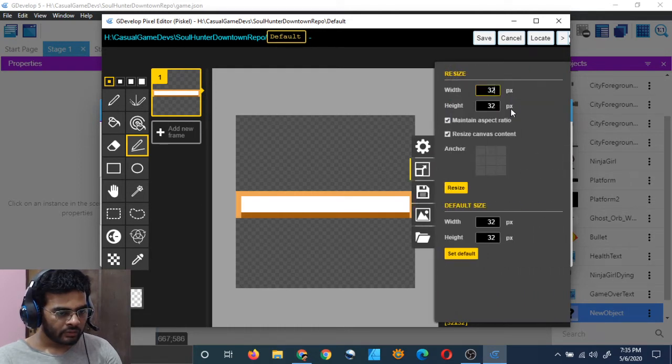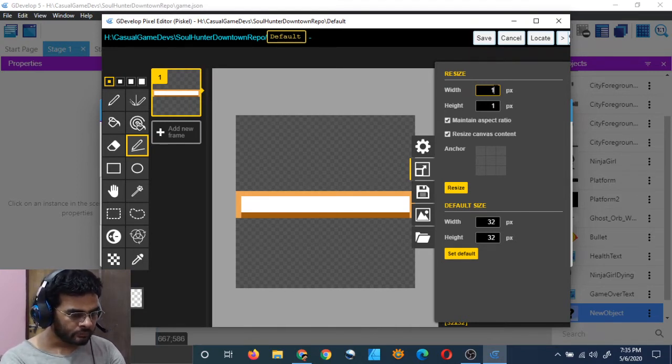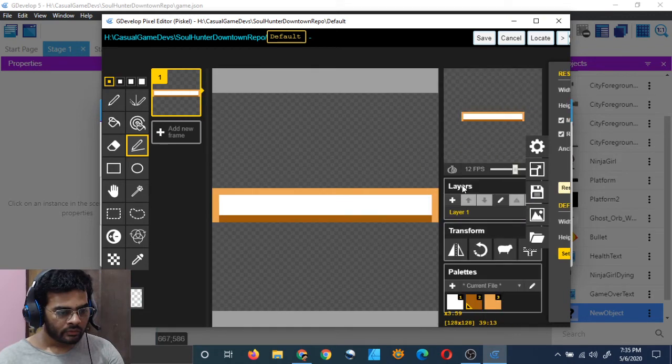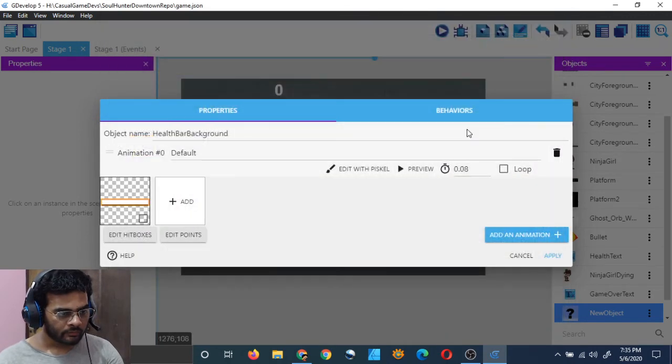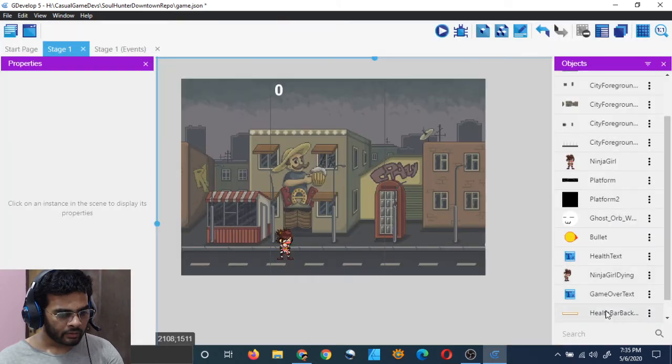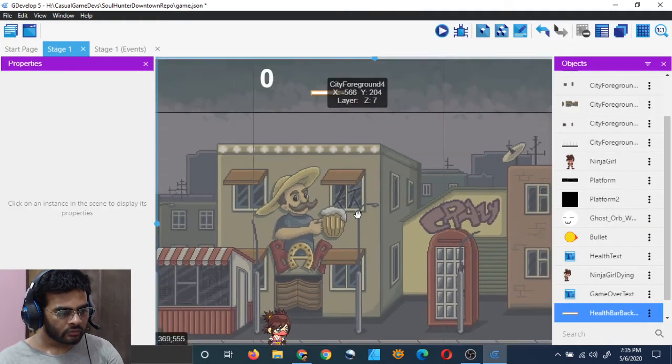I will just increase its size. Don't maintain aspect ratio. That's okay. 128. Resize, but a bigger one. Apply, and let me drag it here. And it's so small.